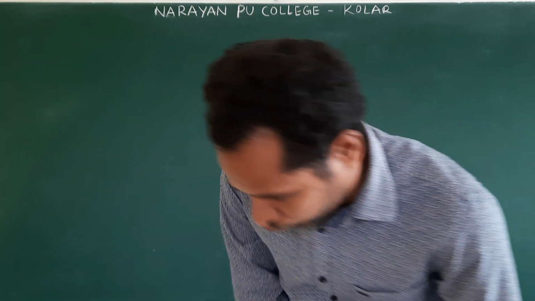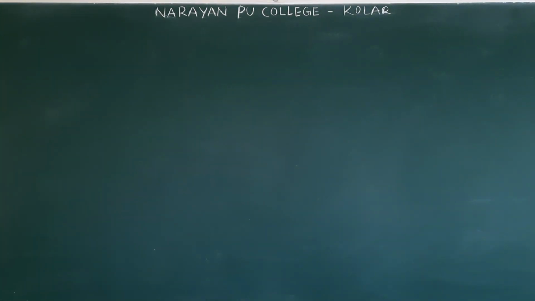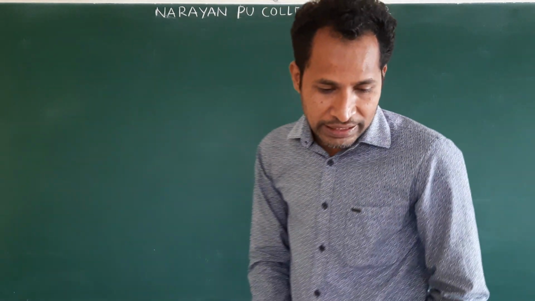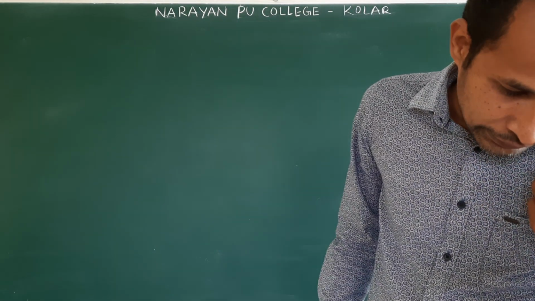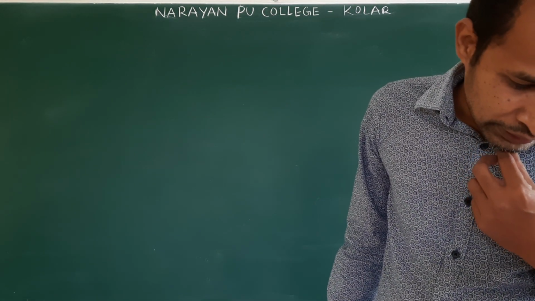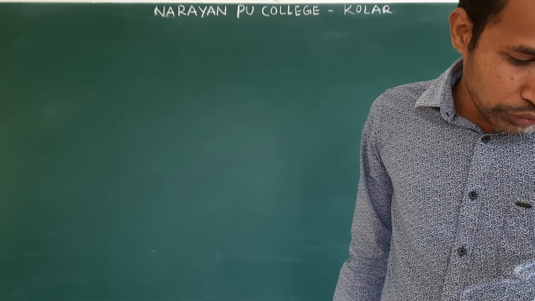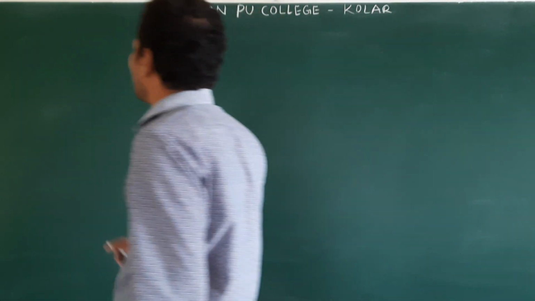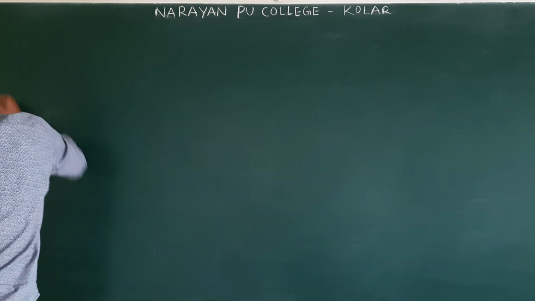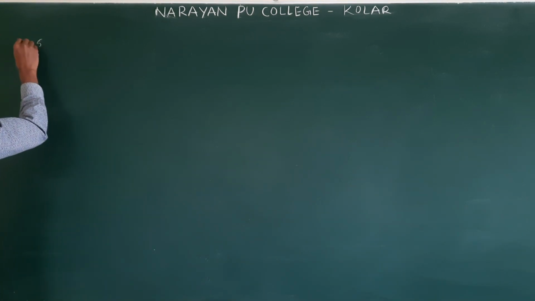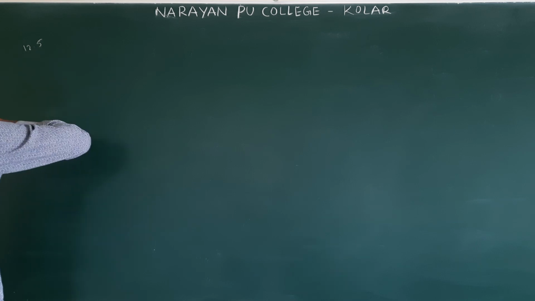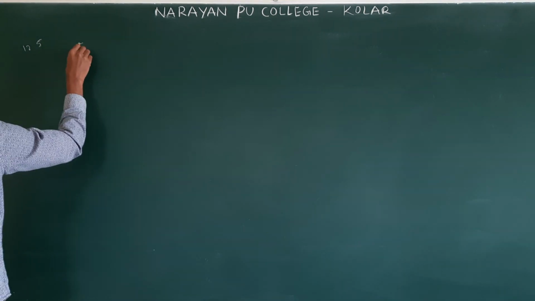So initially it was in the ground state. It is excited to the n is equal to 4 level by absorbing certain energy, right? So they are asking what is the absorbed wavelength and the frequency. So this we can find in two ways. Where was the electron initially?